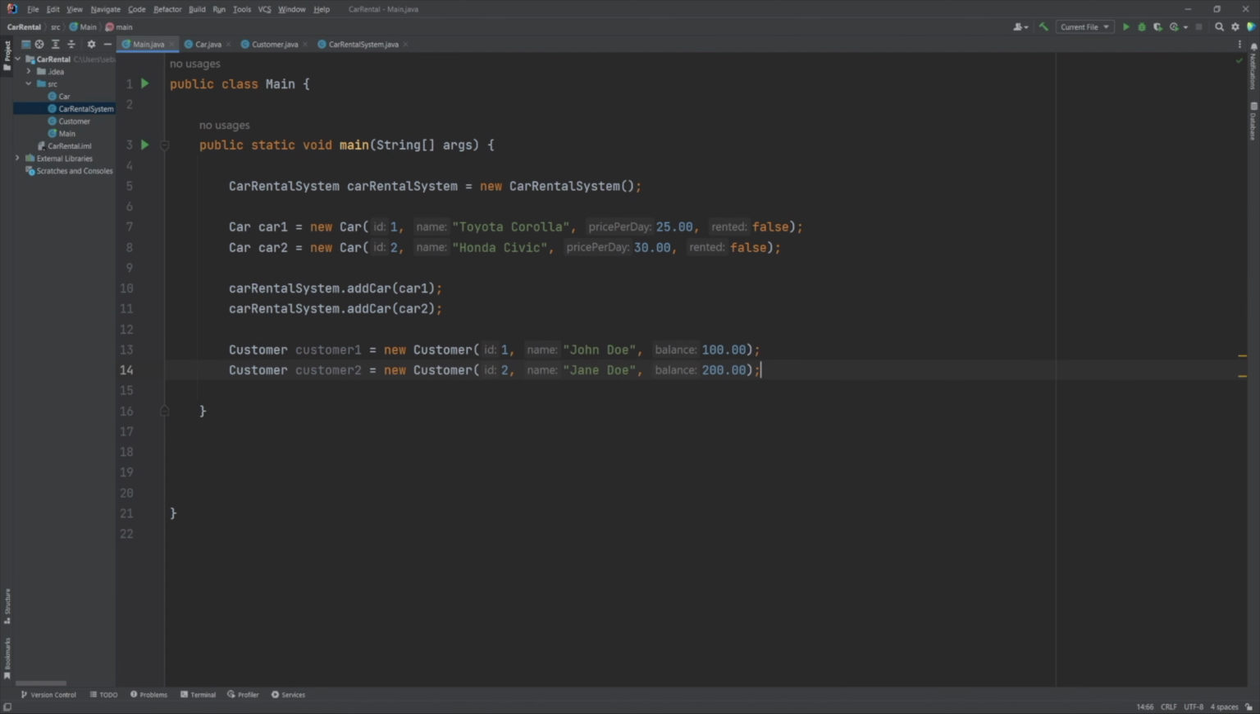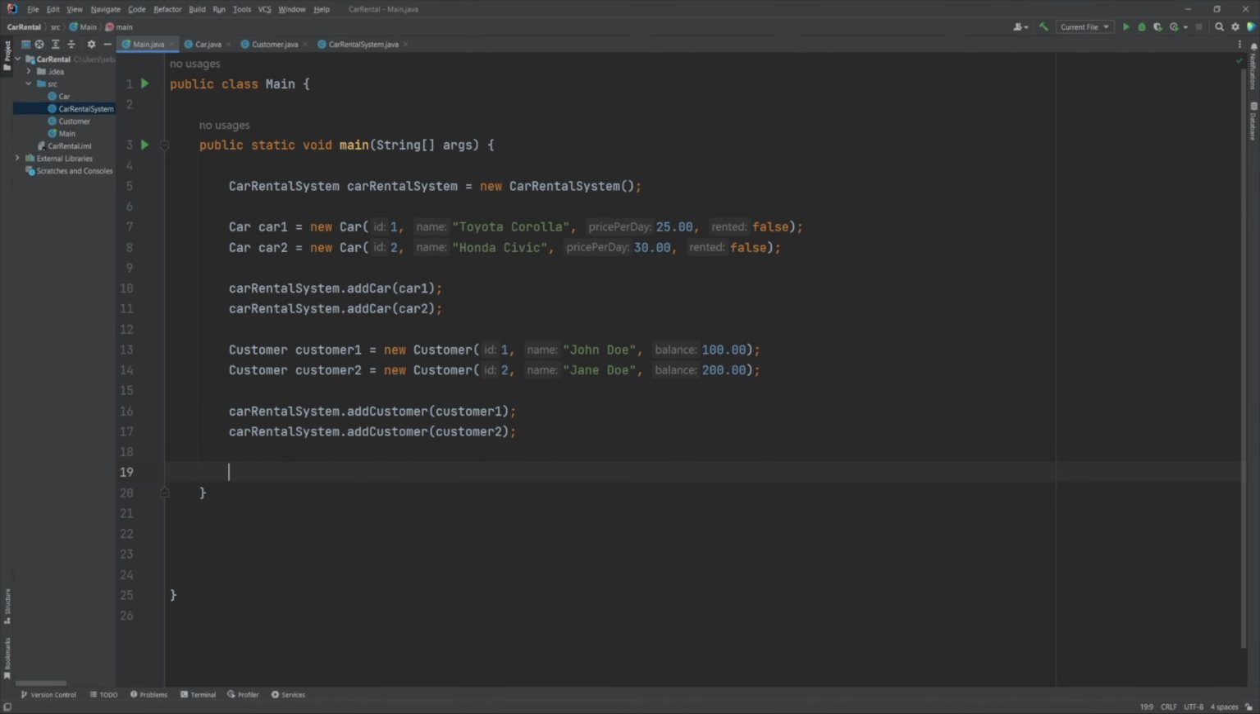Similarly, it creates two instances of the customer class, customer1 and customer2, assigns them to their respective variables, and adds them to the car rental system using the addCustomer method. Next, the program rents each car to a customer using the rentCar method of the car rental system class. The rentCar method sets the rented property of the car to true and sets the carRent property of the customer